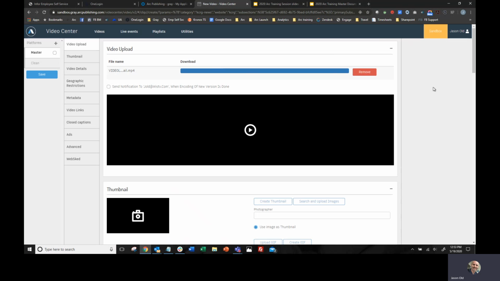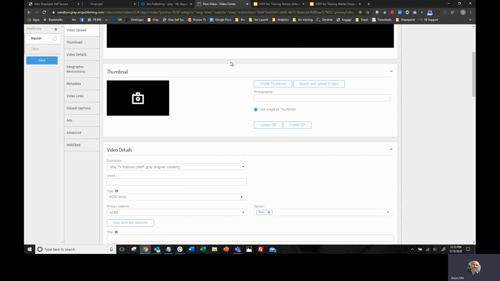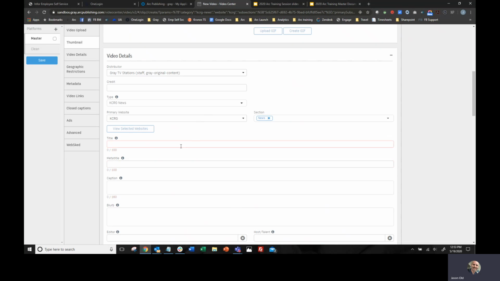You may see some prompts to take some action with those blue bars, meaning refresh the screen, but the bar that you'll want to watch for is a yellow bar at the top of the screen. That's going to be the one that's going to prompt you to take a lot of the action when uploading and editing your video. So in this case, we will need to give the video a title before we can